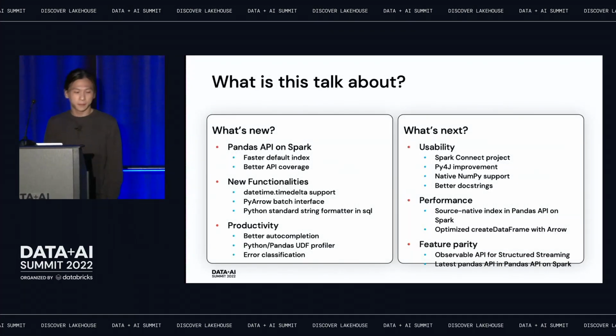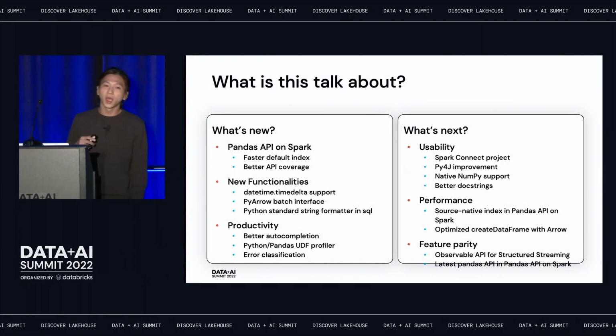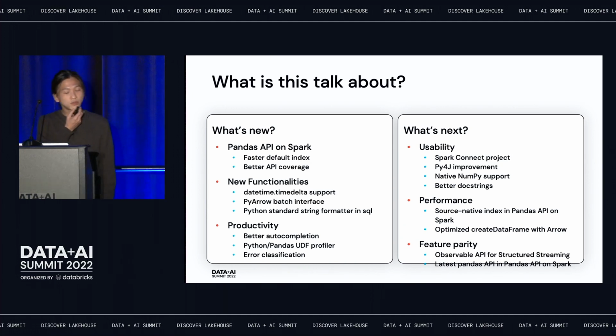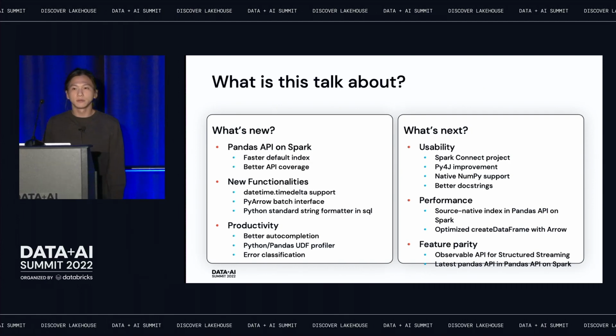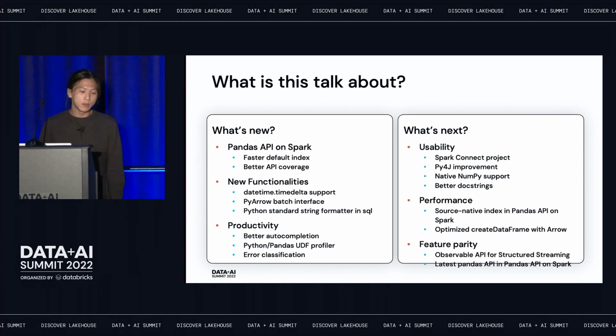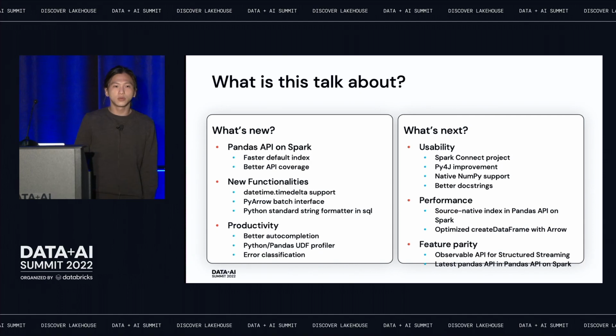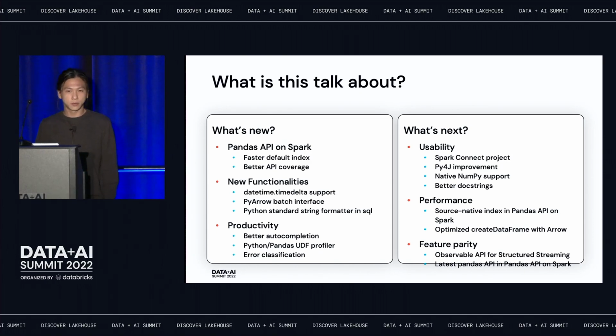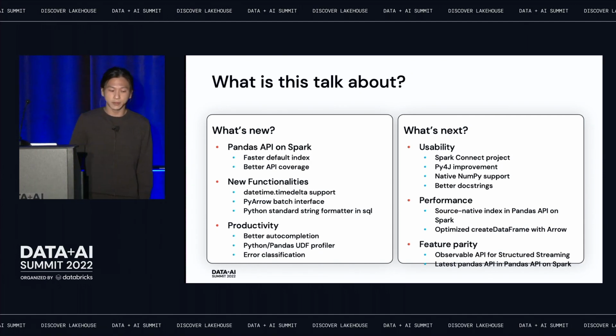This is the agenda for today. I'm going to share what's new in Spark 3.3, and what's next in future Spark versions. More specifically, what's going on in the Spark development in general. Briefly, for what's new in Spark 3.3, we improved the performance of the default index in Pandas API on Spark. Briefly speaking, we see a 2 to 3 times faster performance improvement.